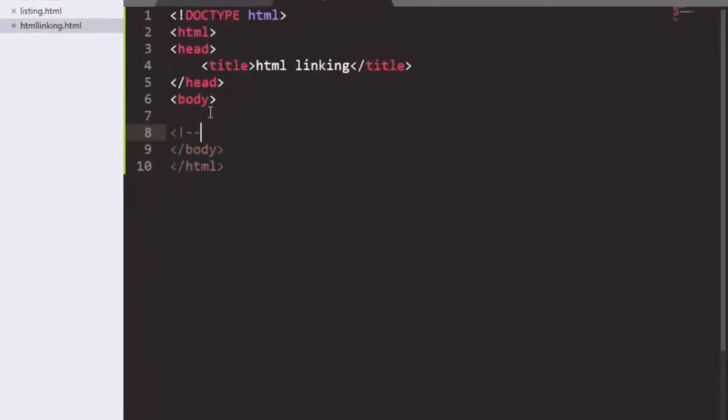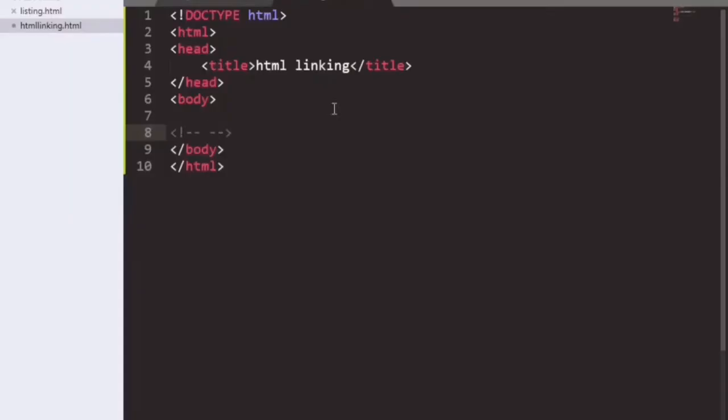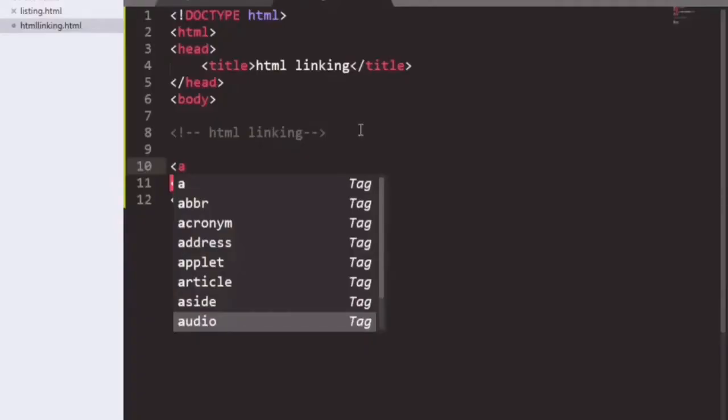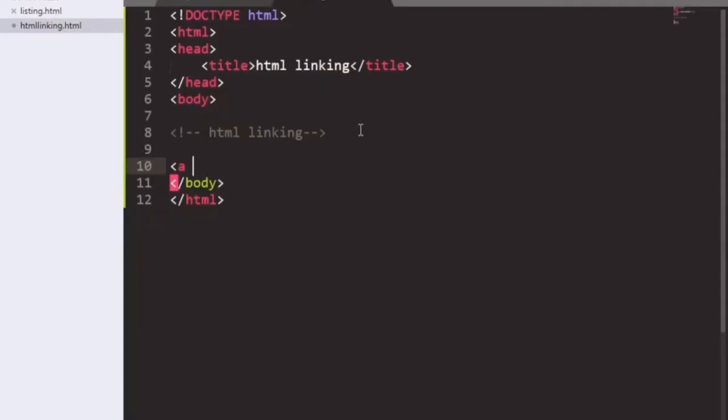So in body we will write our tag, that is, suppose we are commenting here, so that it would be clear what we are doing here. In this way we can comment, which is not shown in our web page. Like I am writing HTML listing so that I could understand that I am following my listing tag above. So the listing tag